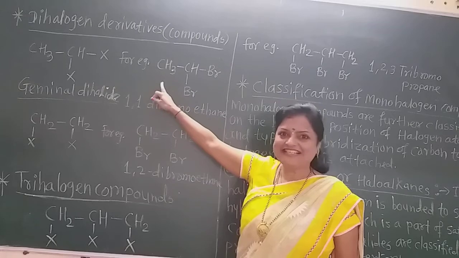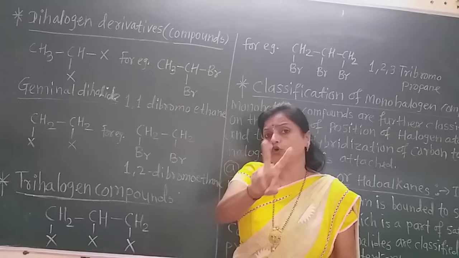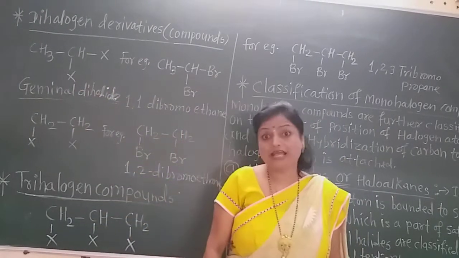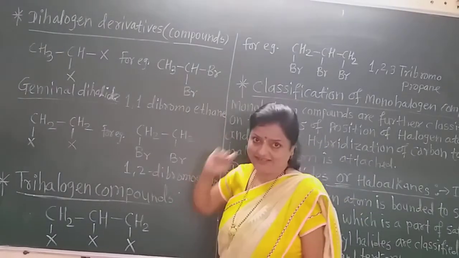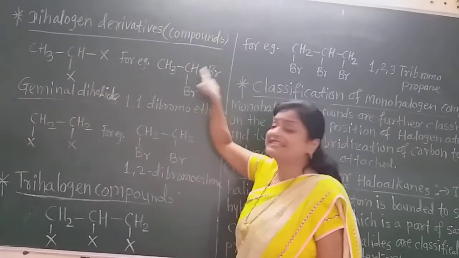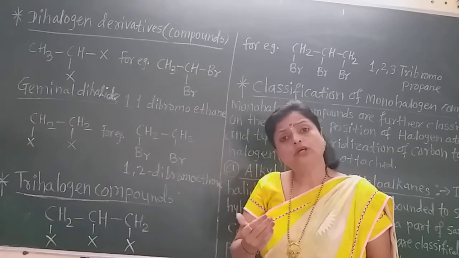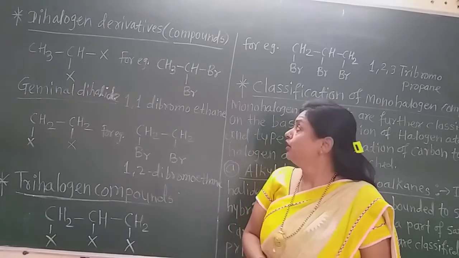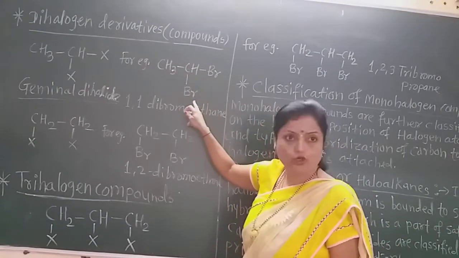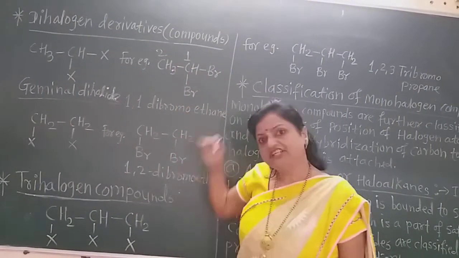And here is an example of this geminal dihalide. Here two hydrogens are replaced by two bromine atoms. X is the general notation of the halogen, and we take bromine in place of that X. So both bromines are present on the same carbon, so definitely it is a geminal dihalide. Then how can we name such compounds? Always start the numbering from the carbon which has the halogen atoms. So here is number 1, and here is number 2 carbon in the chain.